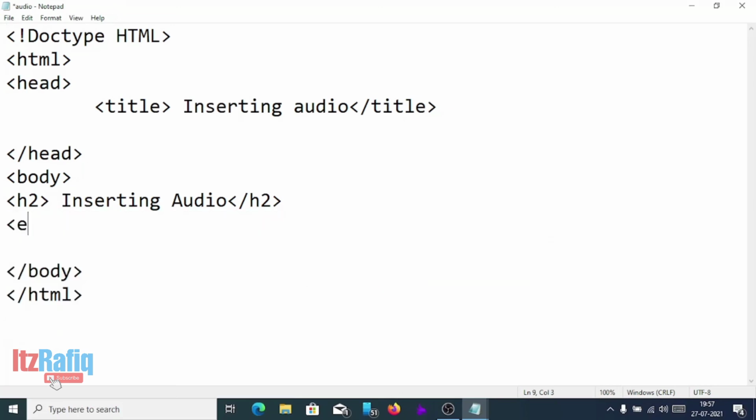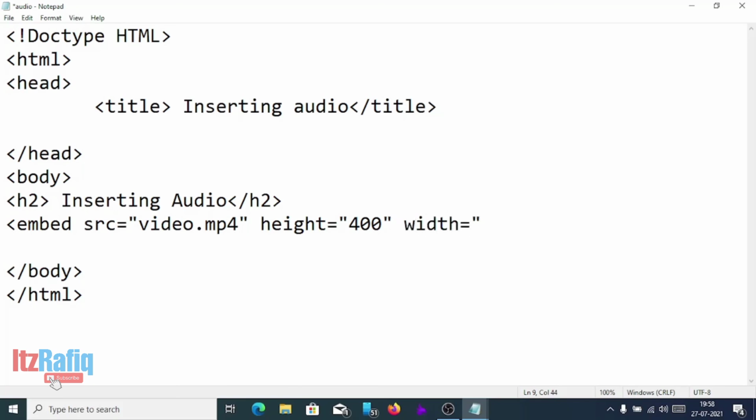So we'll write embed src equal video.mp4, then height equal 400, width equal 260, then bracket close. Oh sorry, here height is more. Height equal 260, width equal 400. Then embed close. Embed is a container tag, so you have to close the tag.